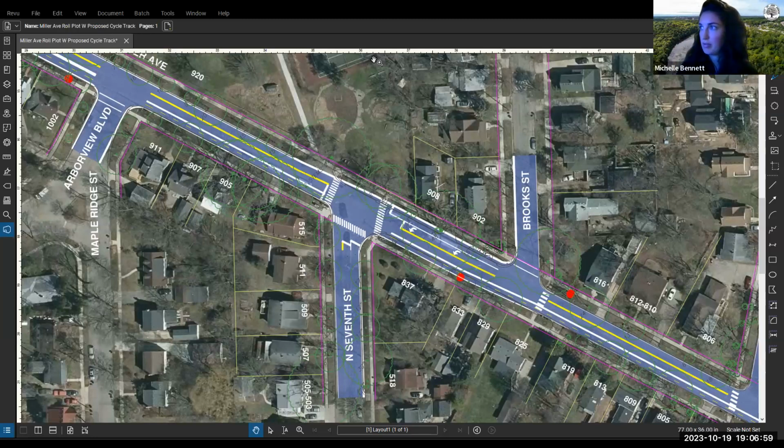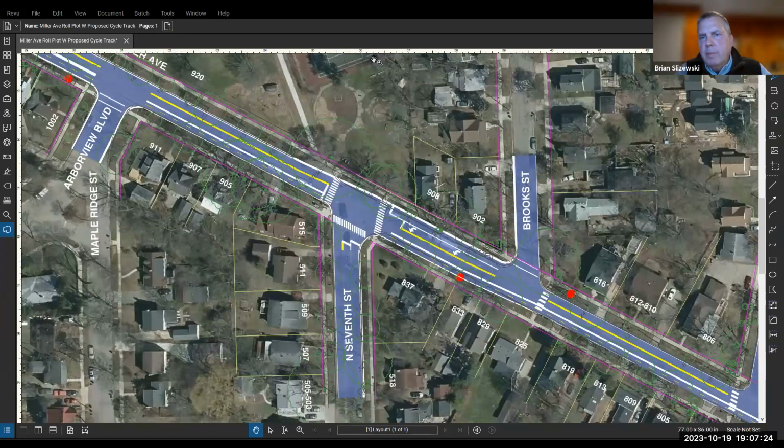Can you all comment a little bit more on the anticipated loss of trees? Again, without a final design, nothing can be said for certain, but you had mentioned earlier possibly having to remove some trees to make room in the right of way. Is there anything more that can be said about that? Yeah, I would just say yes, in the areas between Brooks and 7th. So on the north side, there's one large oak tree and a few smaller trees, and there's also some smaller trees on the south side. So we're primarily talking about that block between Brooks and 7th.